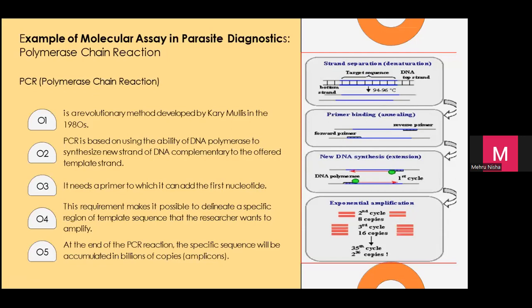DNA, you know, is important structure, the molecular structure in our body. So kita punya DNA, dia ada double strand. DNA macam ni double strand. So apa kita nak buat? Kita nak bagi certain region, certain bahagian ni kita nak buat untuk macam beberapa kopi. Kita nak tambahkan kopi dia untuk melihat kadar infection. Okay, sekarang imagine